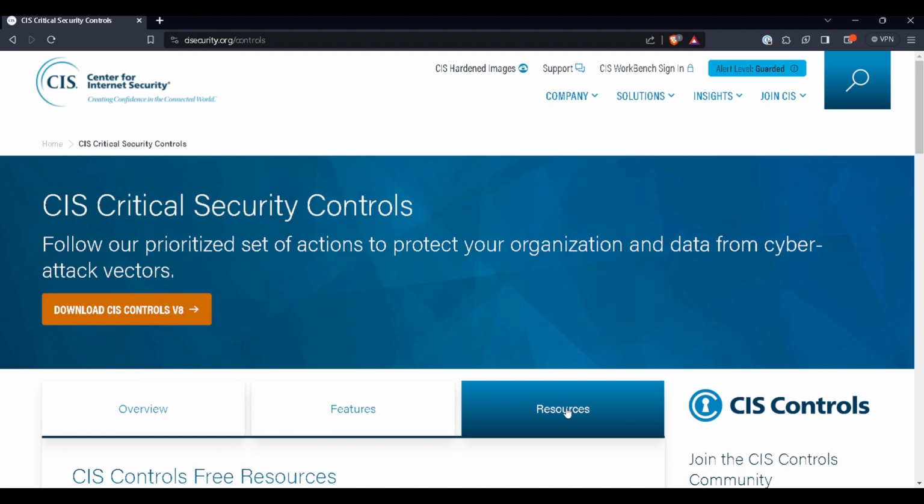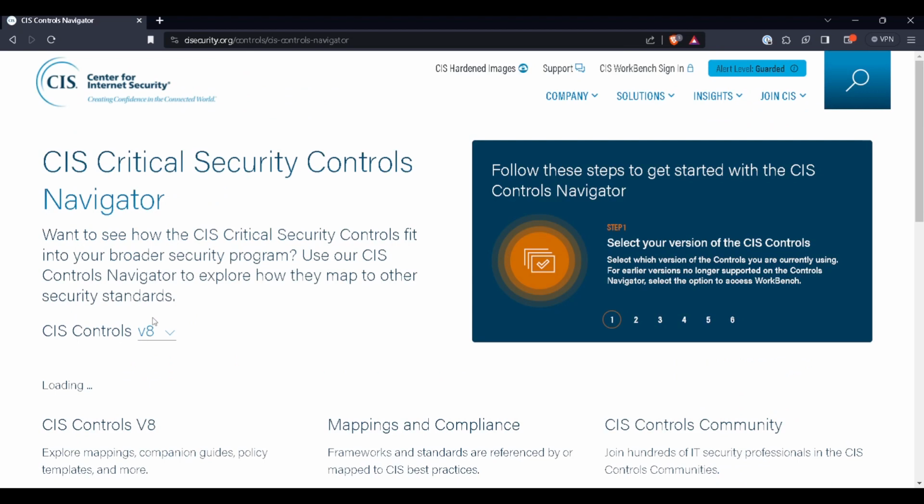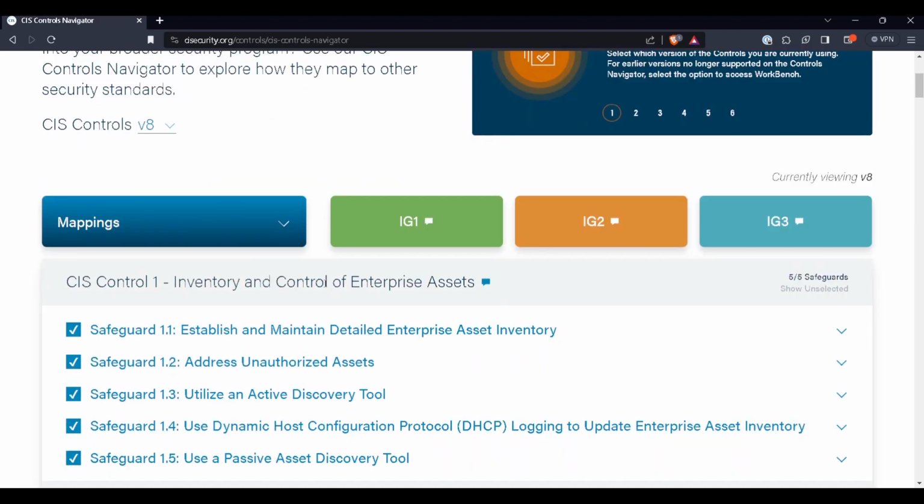Once you've selected Resources, scroll down just a little bit. And under CIS Controls Navigator, let's click on that. Once the page loads, you can see that we can filter out by IG1, IG2, and the page automatically loads into IG3.